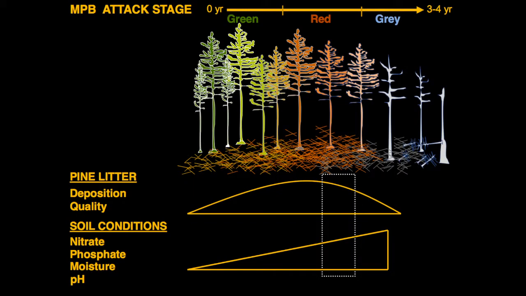And so what we can summarize here with the 2012 field results is that there are changes happening across these sites, and in particular, the deposition rate in the red attack group is much higher, not a huge surprise, but that the quality is different is somewhat of a surprise here, and that it leads to differential input into the system. May that be having a contribution to the soil chemical conditions that we've seen in terms of higher nitrate levels in our red attack group, phosphate and moisture in those groups? Potentially, and I happen to believe it does.